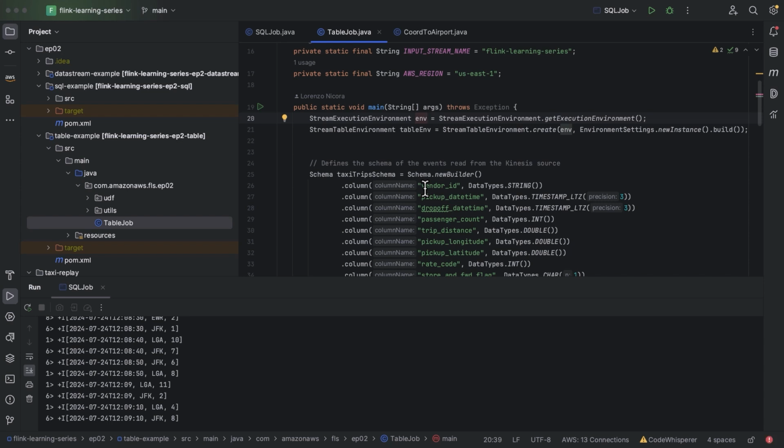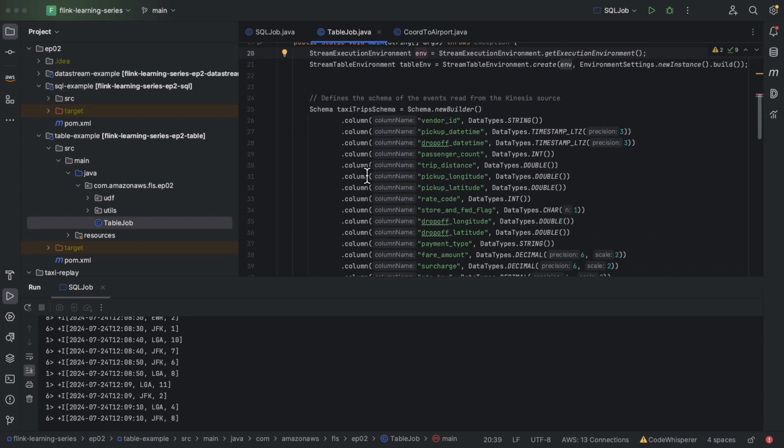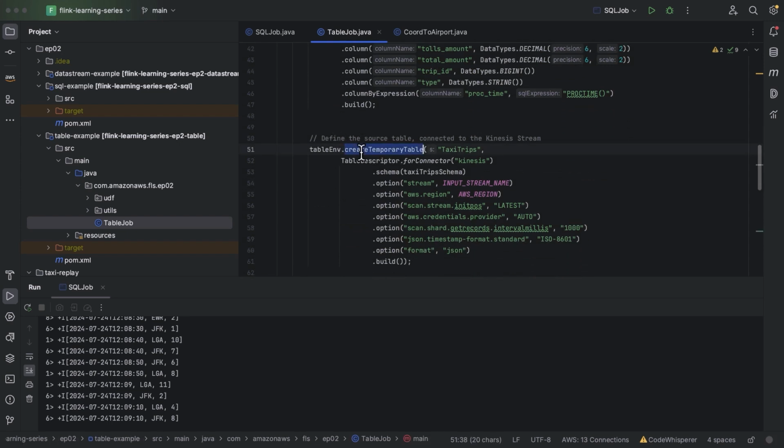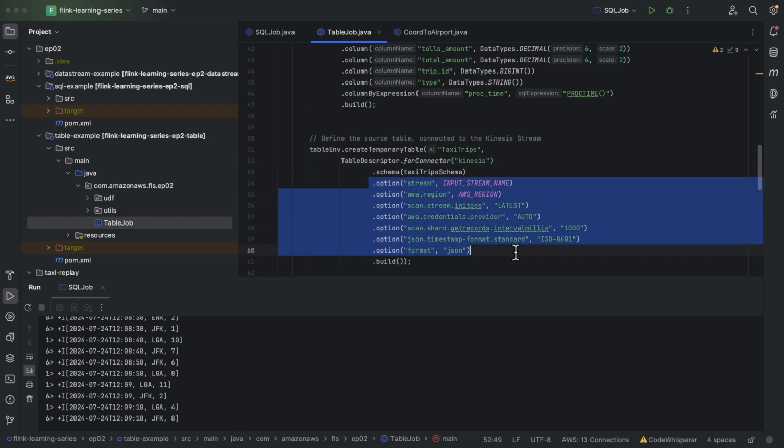But since we are working with that table abstraction, we again need to provide that schema before we compile. So we create that schema, but we're not doing it using SQL now. We're using Java objects and Java classes for it. We create a temporary table with that schema, and we define the connector and its configurations.